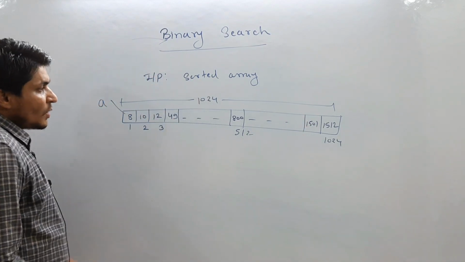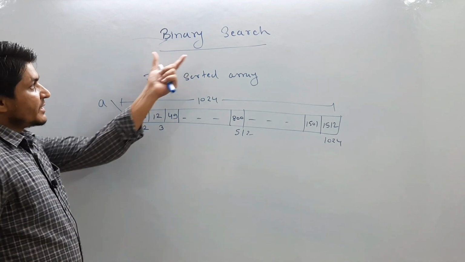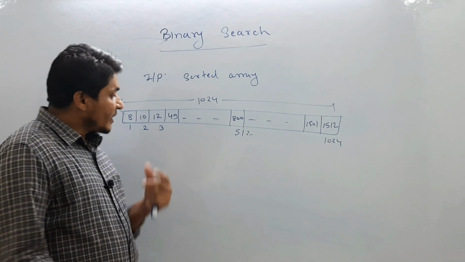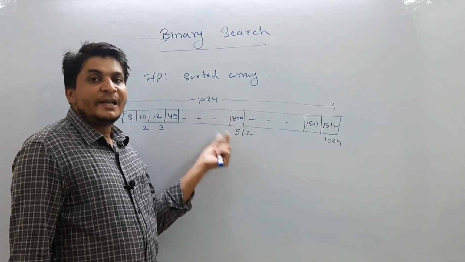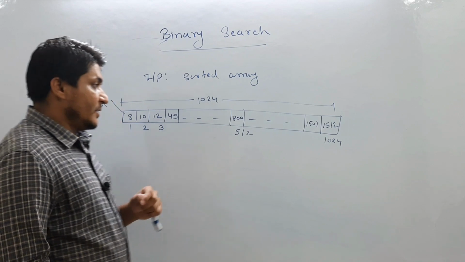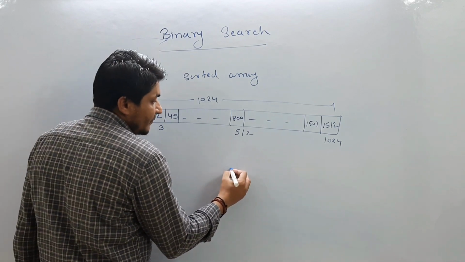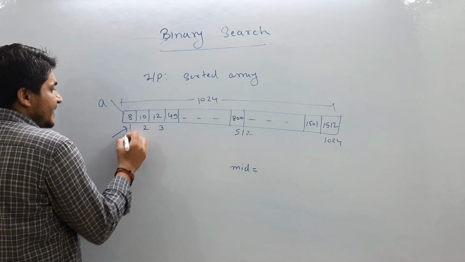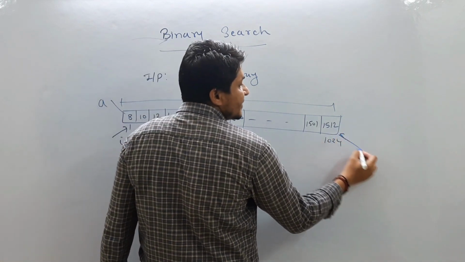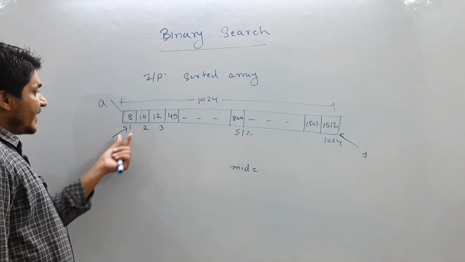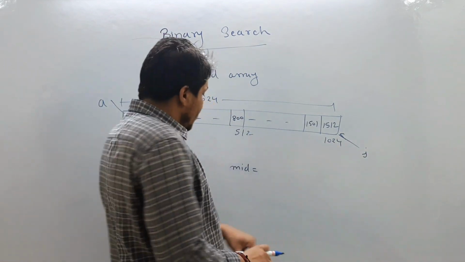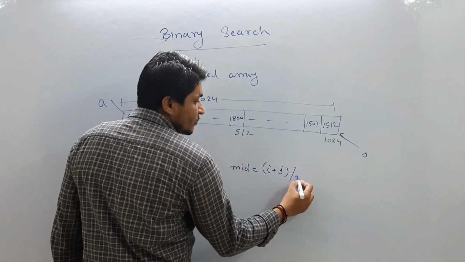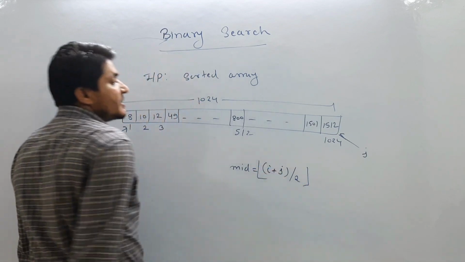So see what binary search says. Binary search says, first you calculate the mid. Then you compare your search value with the middle element. So let me explain how to calculate the first mid. First index, let us assume this is the index i, and this is the last index j. So i is pointing to the first index and j is pointing to the last index. So how to calculate mid: first index value plus last index value divided by 2. Then you take the floor value. So this is how we are going to calculate.